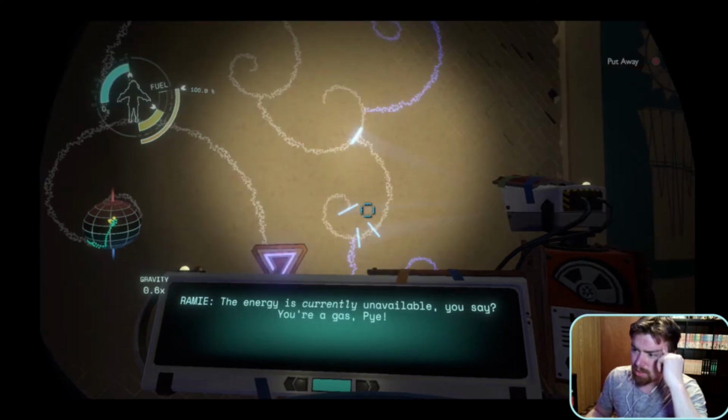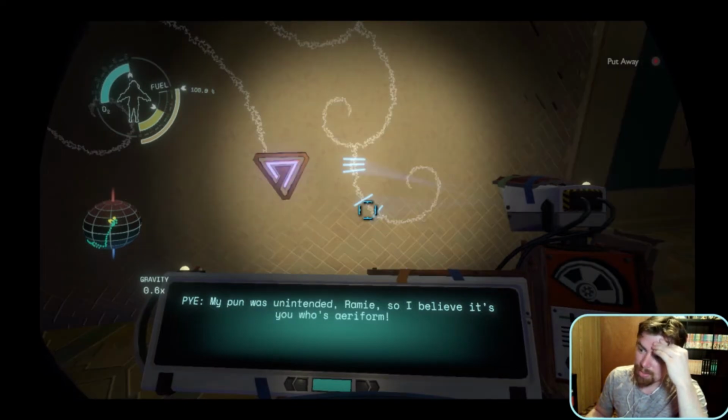The energy is currently unavailable, you say. Oh, is this what the sun station is for? To get enough energy to power this? A pun was unintended, Raimi, so I believe it's you who...